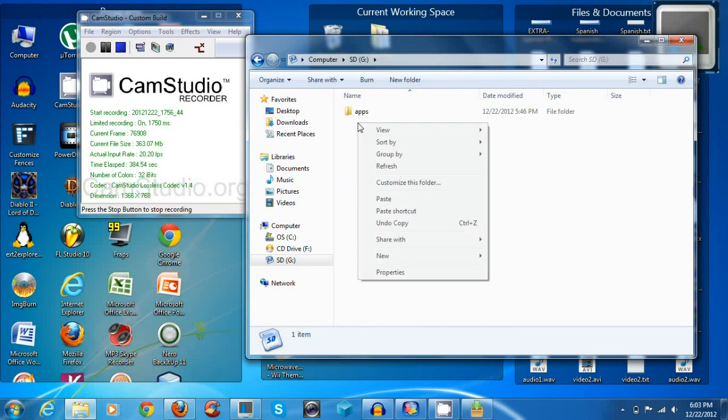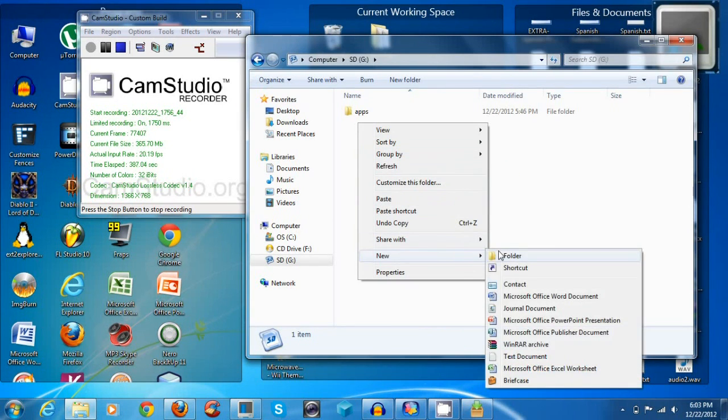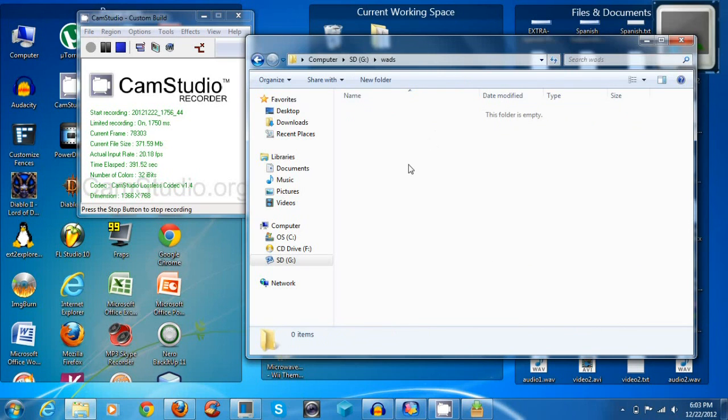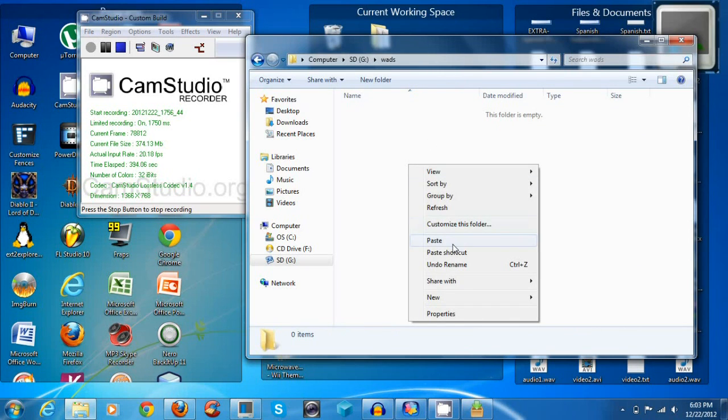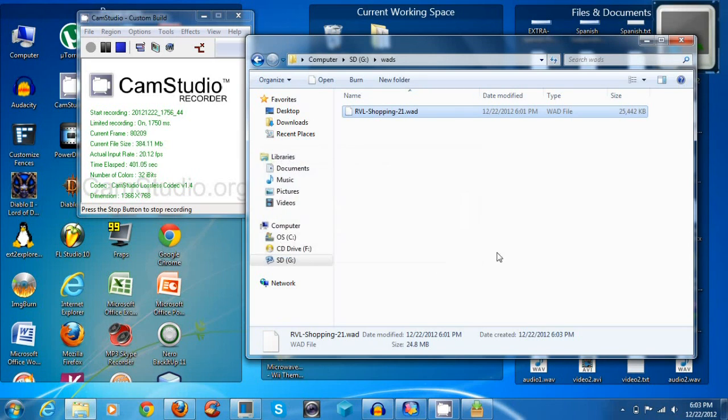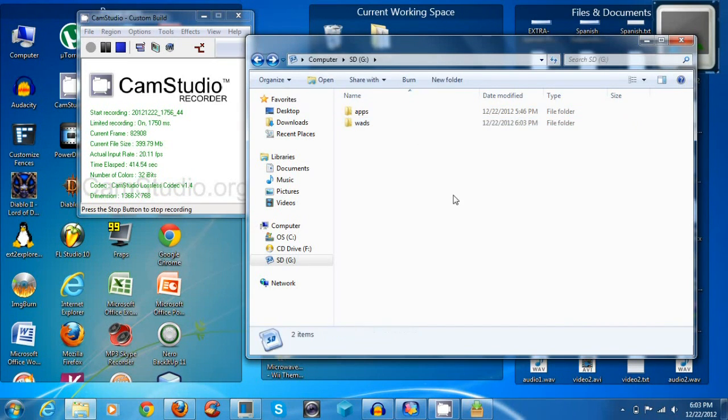Now we're going to make a new folder. You can right click and then New Folder, and we're going to name it lowercase WADs. We're going to double click that and paste the WAD that we just got. So now it's going to paste this Wii Shop Channel WAD, and it's going to be working. So that's all we need. Make sure on your SD card you have two folders, an apps folder and a WADs folder. The apps folder contains MMM, which is the multi-mod manager folder, and the WADs contains just one WAD, the Wii Shopping